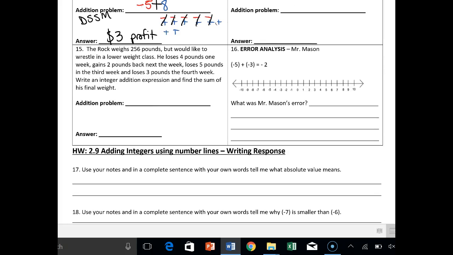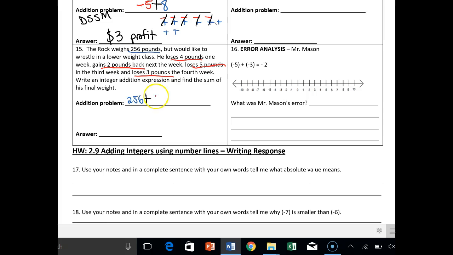All right. 15, The Rock weighs 256 pounds. That's obviously positive weight right off the bat, but he likes to wrestle in a lower weight class. So he loses 4 pounds one week. He gains back 2 pounds another week. He loses another 5 pounds the 3rd week, and then loses another 3 pounds the 4th week. So I'm going to have to add all this together. So 256